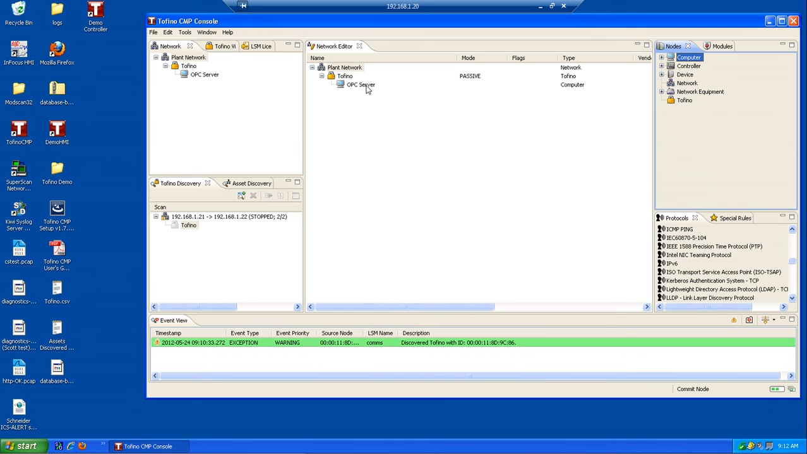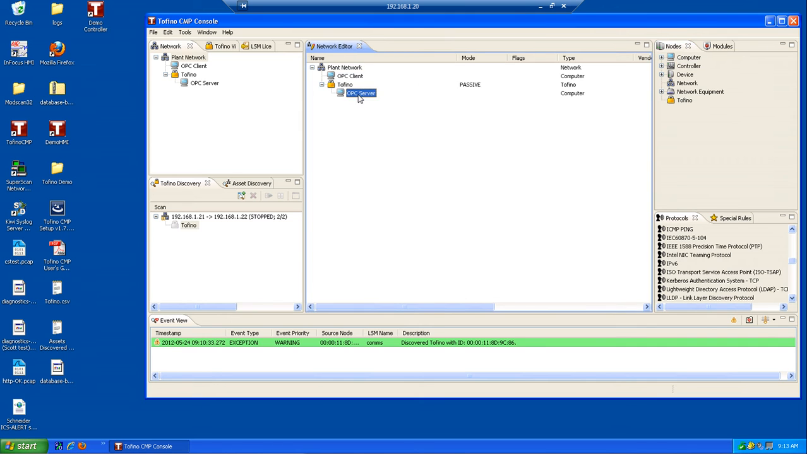And we'll give it a second to update the network diagram. There it is. All right. Now,